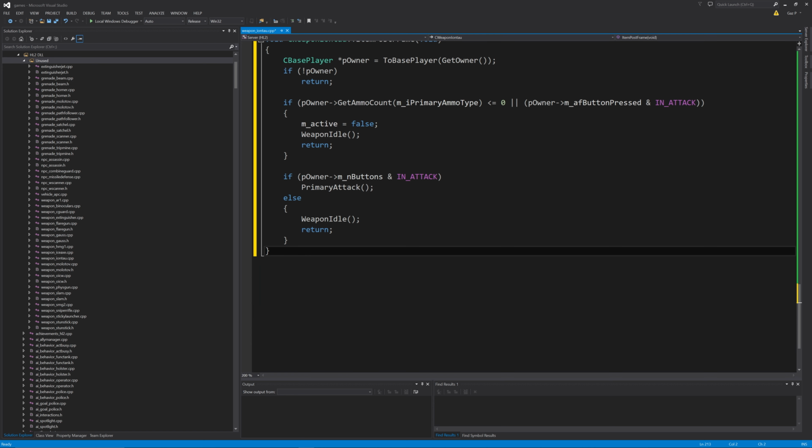And so I think you'll be happy to know at this point that this is the server side code done. So you want to navigate to the client side code. If you've done this in server HL2 like I have, then you go to client HL2. If you've done this in server episodic, then you go to client episodic. On this client project, you want to create a new file. So I'm going to call it something like c_weapon_iontau